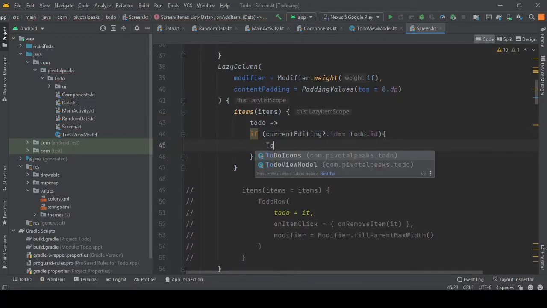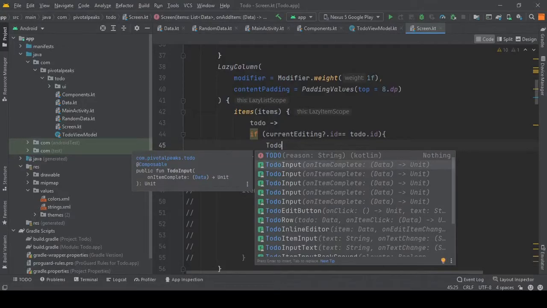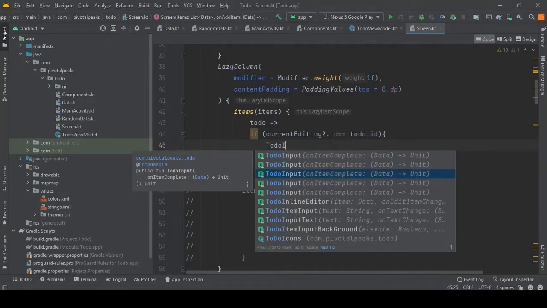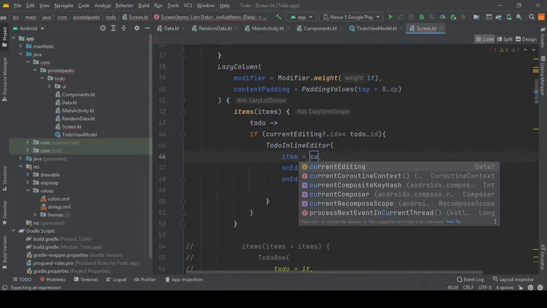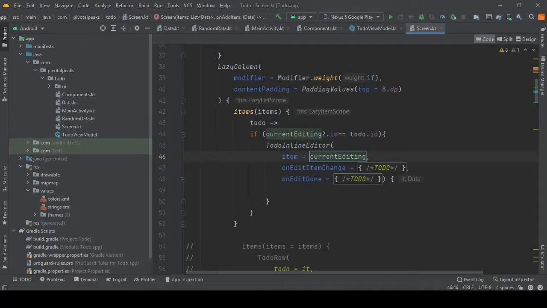So we define our inline editor, the to do inline editor, and then we need to assign the currently editing item to the item. So let's just do it quickly. And we also need to provide the method for on edit item change.